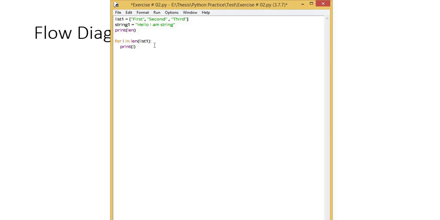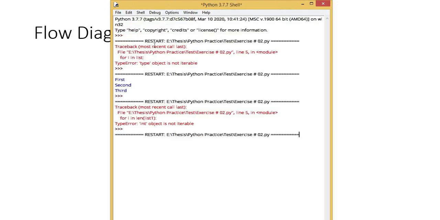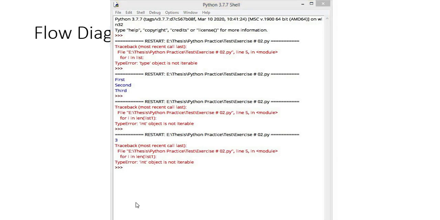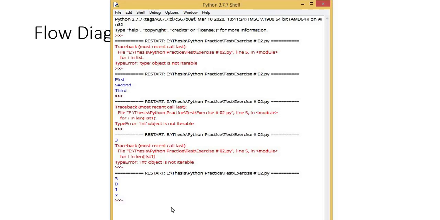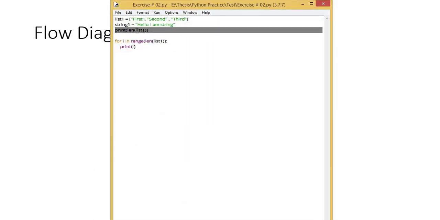In the last lesson, we saw that when we have an integer, if I print the length of list1, it will give me output 3. 3 is the length, the integer value. If I have to run my loop on an integer, then I have to write the function range outside, so I can execute my loop on an integer value. Now it has shown me the result 0, 1, 2, meaning the indices we have in this list are 0,